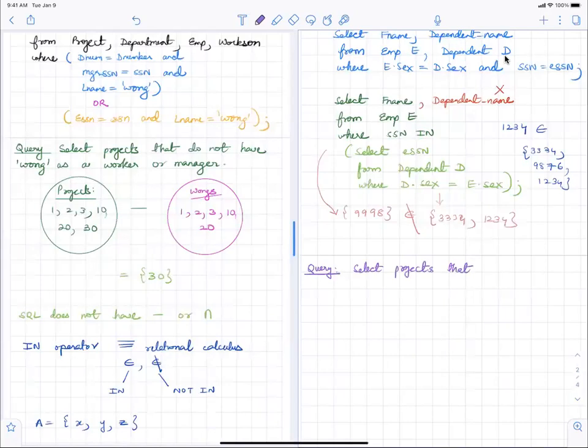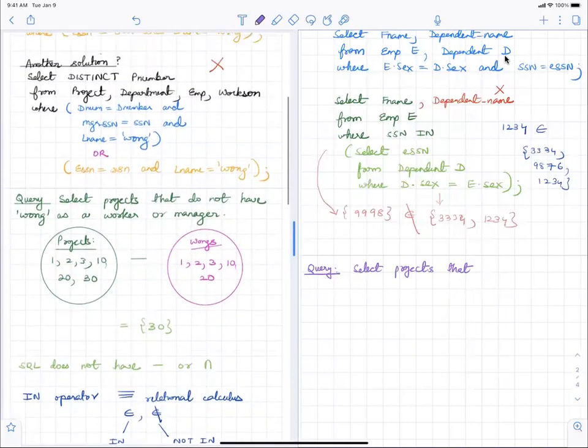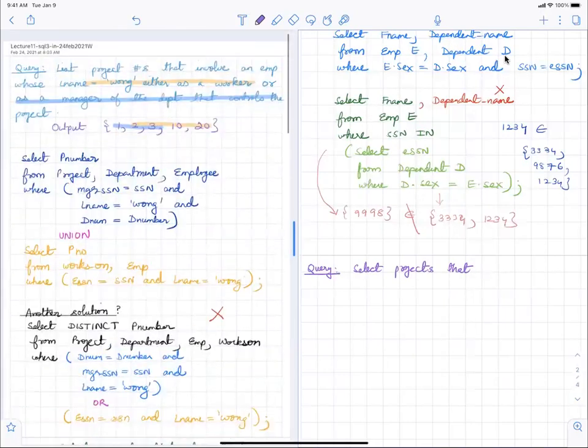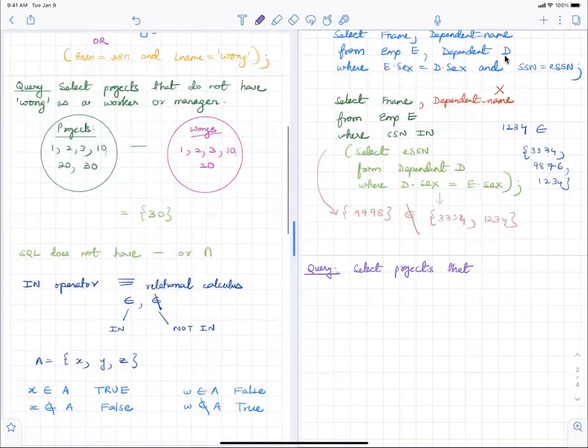I'm first going to do select projects where Wong is worker or manager. So far I did this using the union operator and the join operator. I want to do the same query using the IN operator.